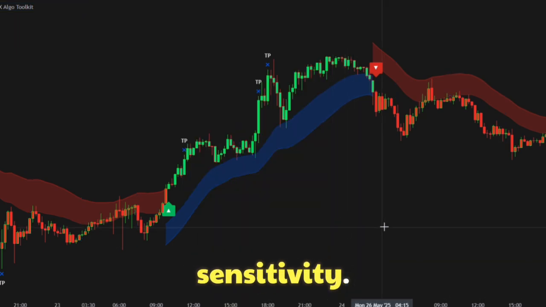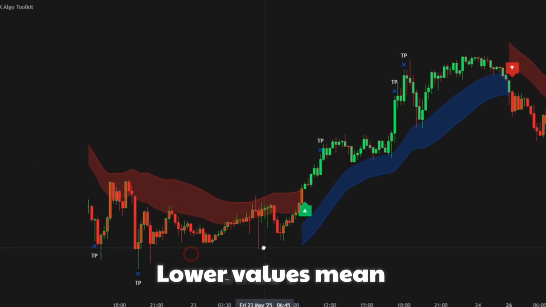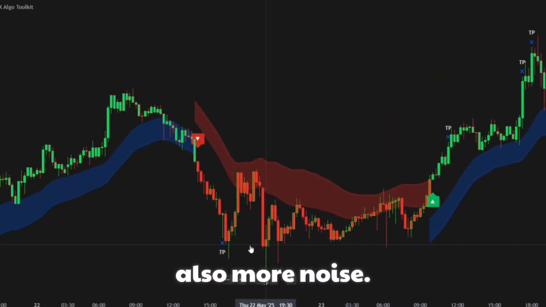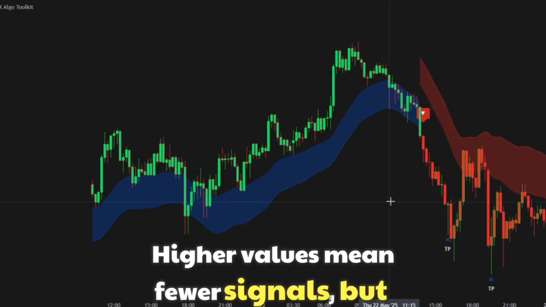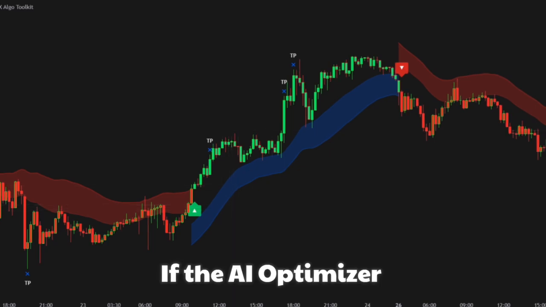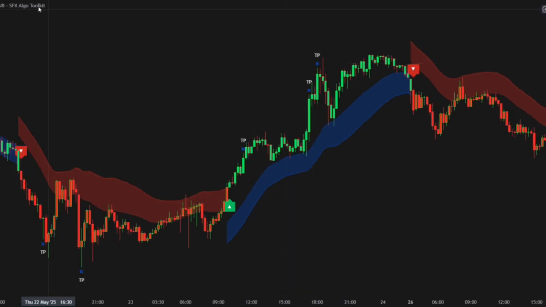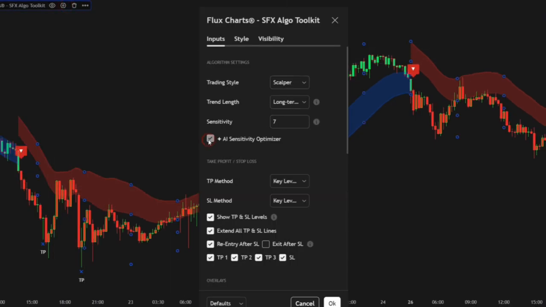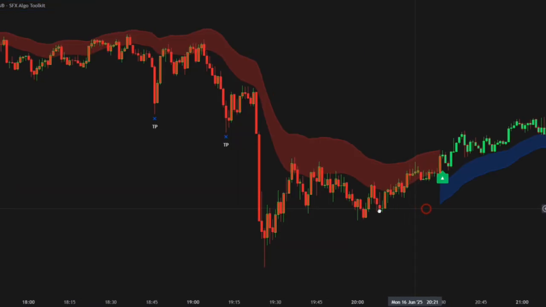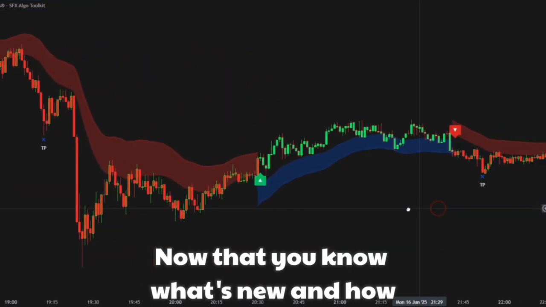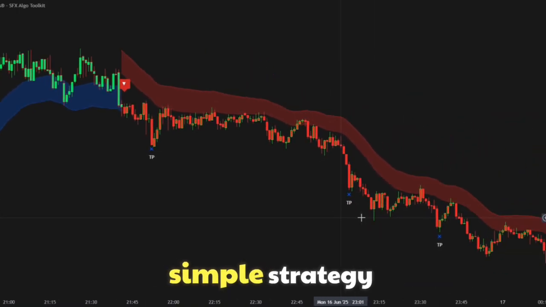Finally, there's sensitivity. Lower values mean more signals, but also more noise. Higher values mean fewer signals, but cleaner ones. If the AI optimizer is on, you don't need to worry about this. It'll adjust the sensitivity automatically based on price action and volatility. Now that you know what's new and how to set it up, let's walk through a simple strategy you can